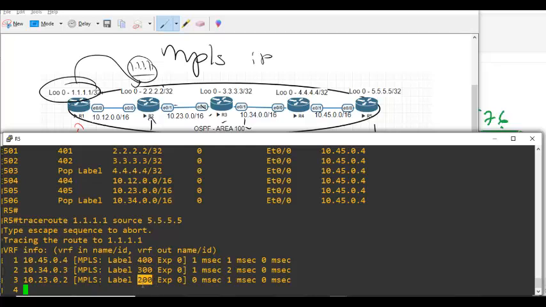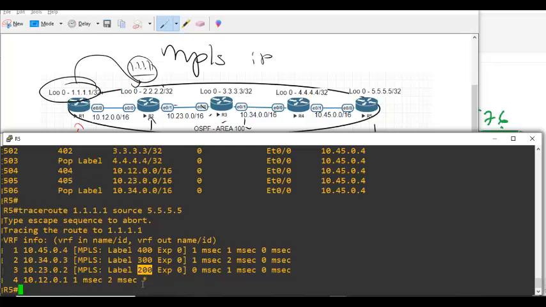Yes, you're right. So this is a simple lab on MPLS. More in depth of this we'll see in the next